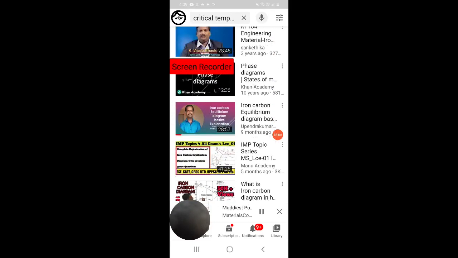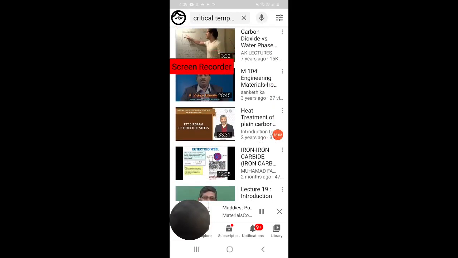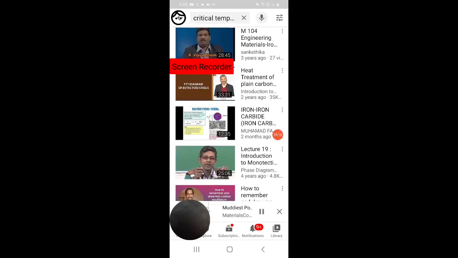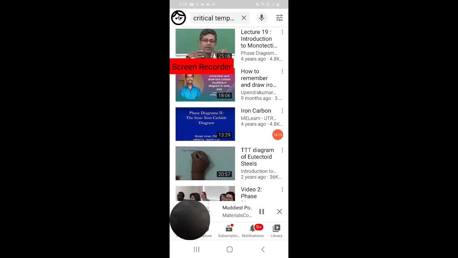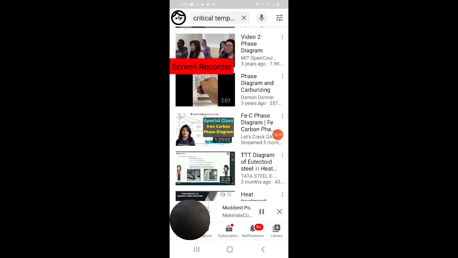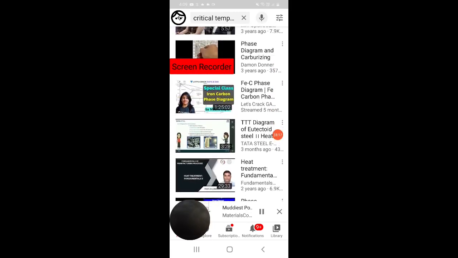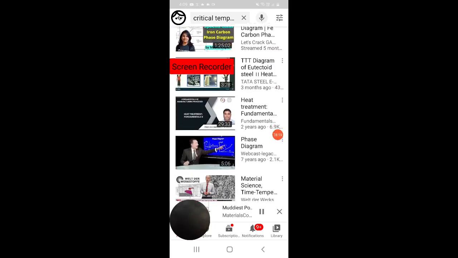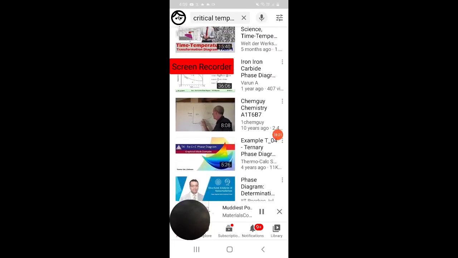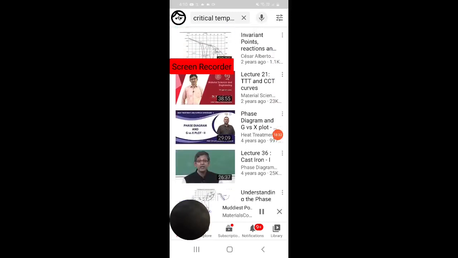Now let's go into our single phase regions. Right here, over here, this is called the alpha region. It is a single phase region which is lead rich, and it is solid. Over here, on this very small part of the graph, is the beta region. It is a single phase region which is tin rich, and it is solid. Up here, we have the liquid region. All of this up here is the liquid region. It is a single phase region made of liquid components, lead and tin.